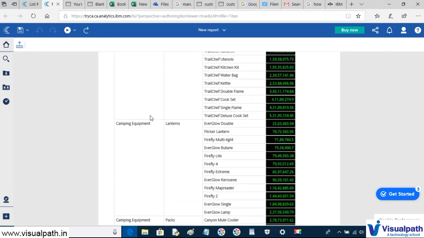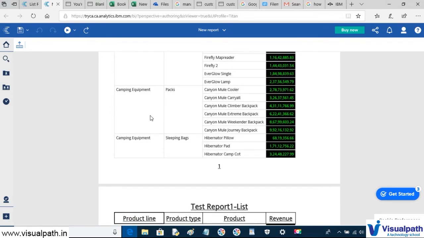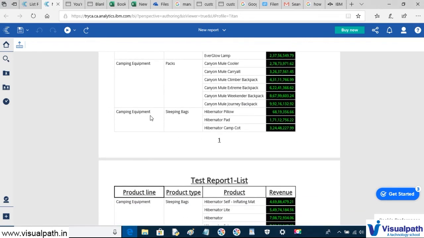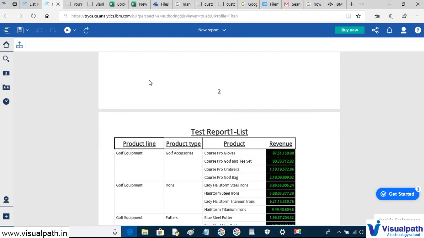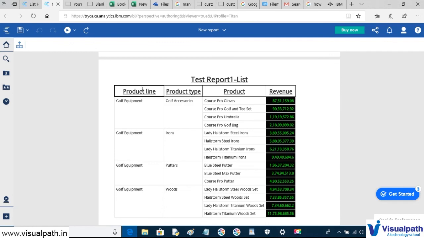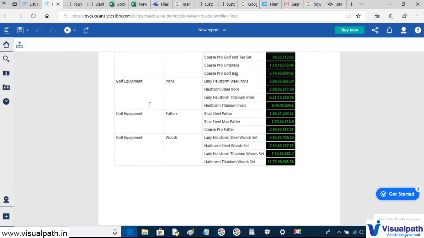Okay, so please observe that whenever the product line changes, the result will appear in a new page. So here the product line changes, camping equipment ends here. So the new product line is appearing in a new page.